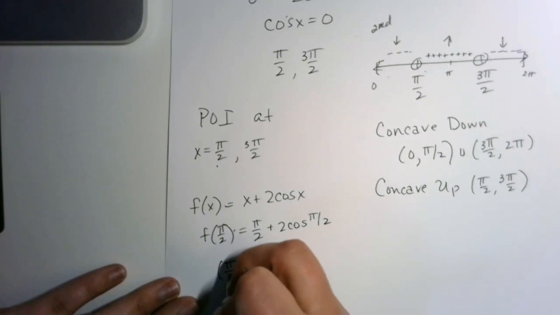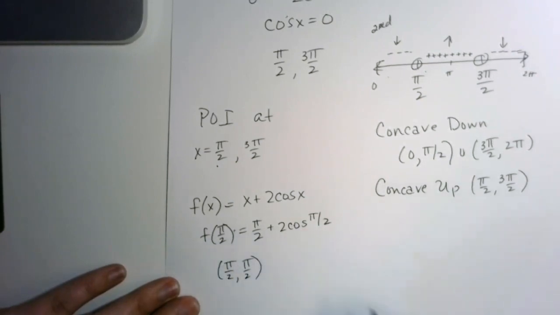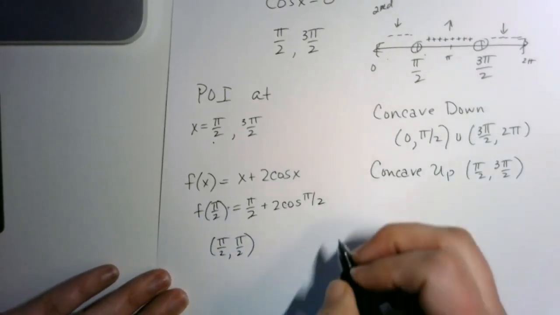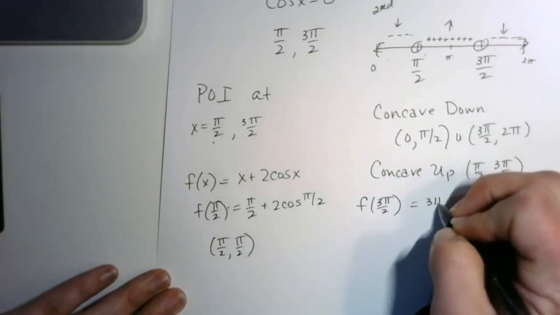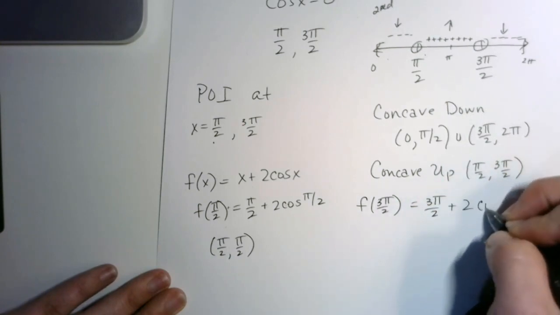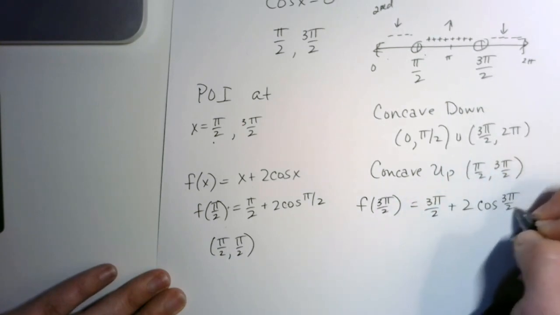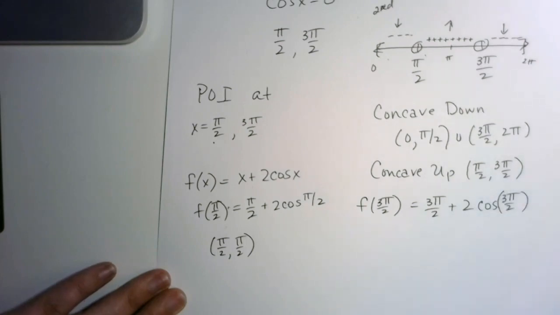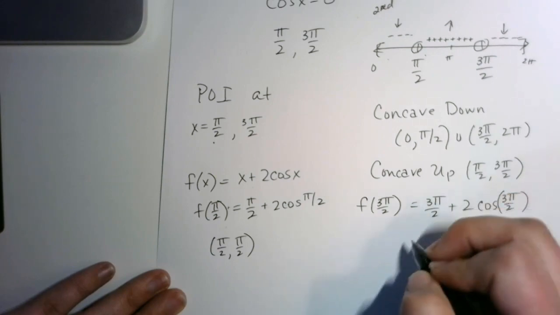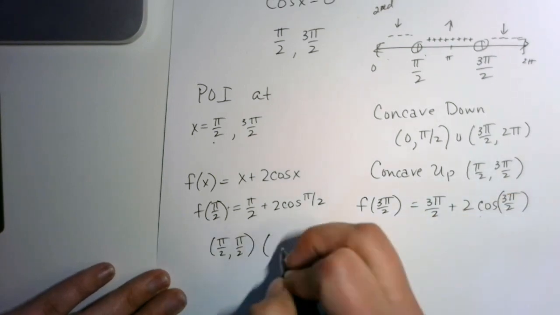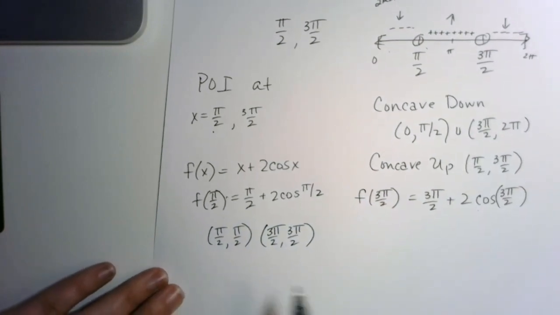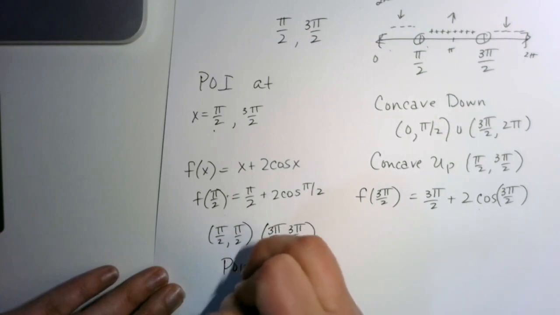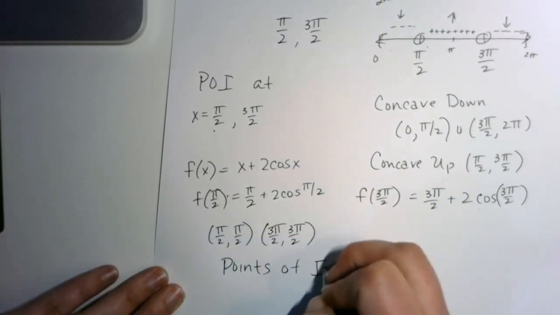So I end up with pi over 2 as a point of inflection, and I can do the same thing with f of 3 pi over 2, and that gives me 3 pi over 2 plus 2 times the cosine of 3 pi over 2. The cosine of 3 pi over 2 is 0, so I end up with 3 pi over 2 again. So basically 3 pi over 2 and pi over 2 are my points of inflection. All right,